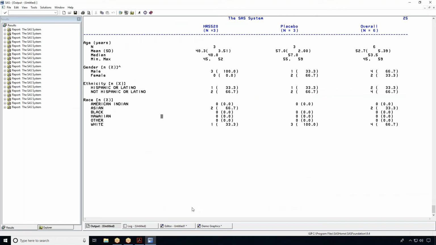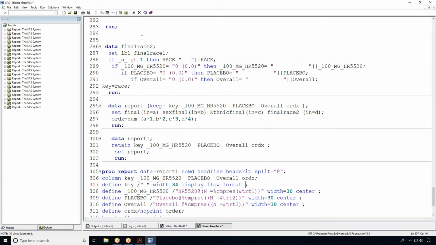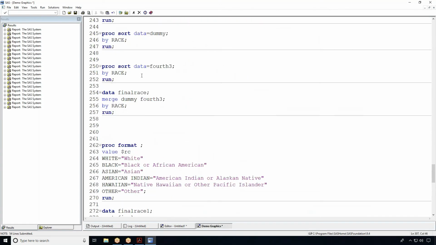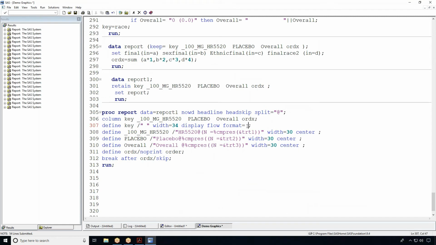So then if you want to get the alignment, I can go for the key variable, and I'm applying a format equal to the format you created already. That is called dollar RC format, the race format you created earlier. You just call that particular race format, and it's up to 34 characters long. I'll keep it so that I should not reduce the length. If I run it,